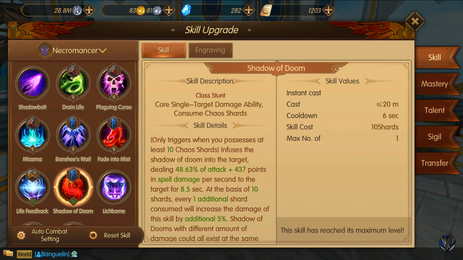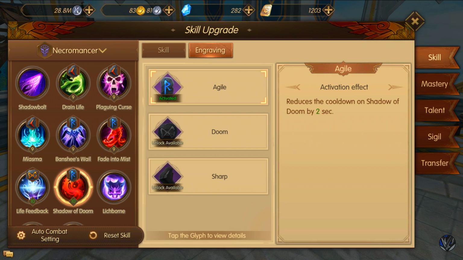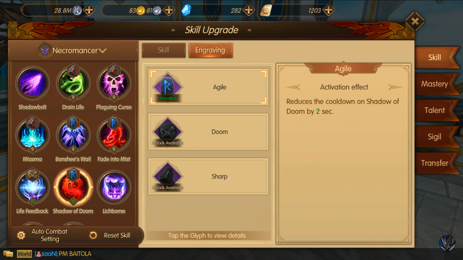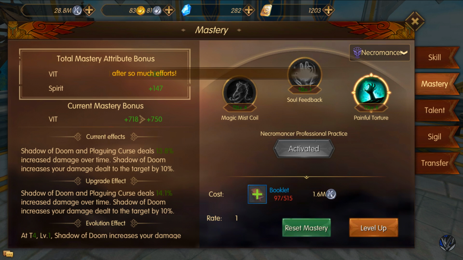Shadow of Doom, again, the most important ability in the entire kit. Go for Agile in terms of the engraving because 2 seconds off of this cooldown is actually pretty significant. Shadow of Doom only has a 6-second cooldown, so reducing the Shadow of Doom by 2 seconds is actually, like, that's insane. Taking a look at the mastery, Painful Torture on the right-hand side is going to be the go-to